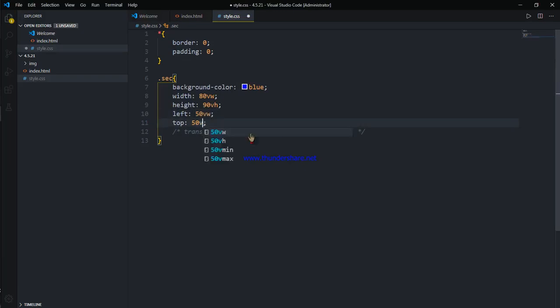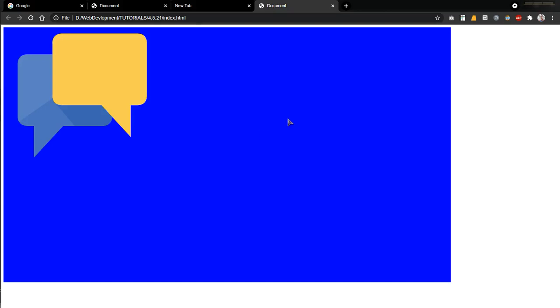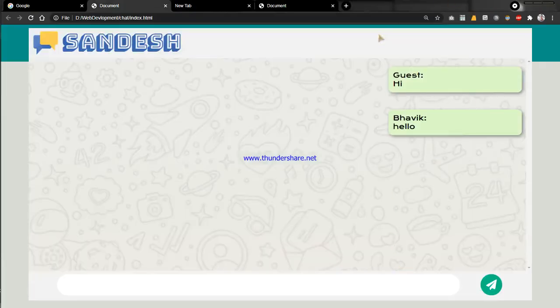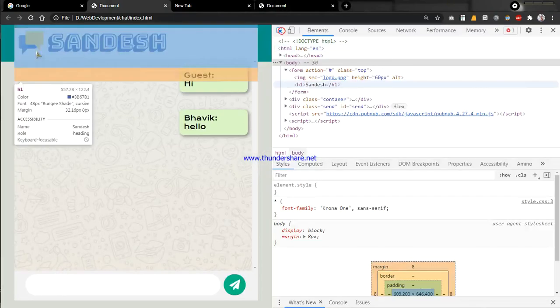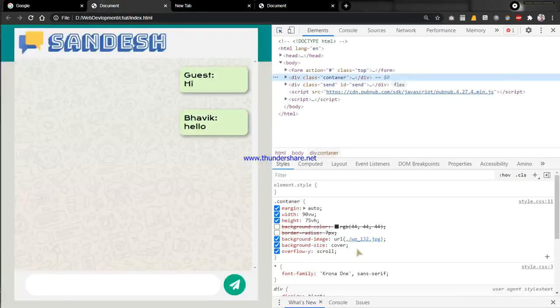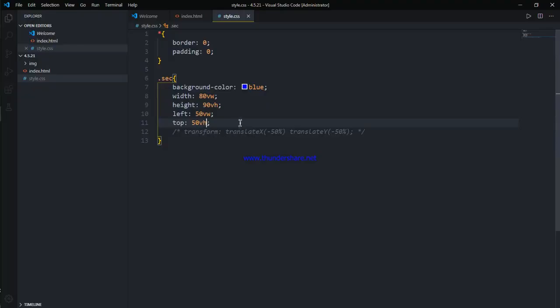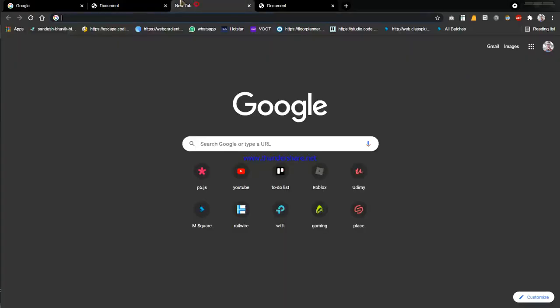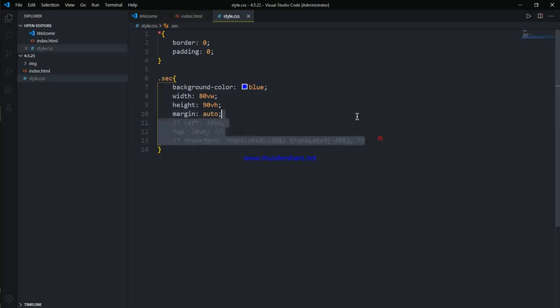Change width, vh. What did I do there? Why isn't it working? The margin is auto. Let's try margin auto. Oh, why didn't I try it first?